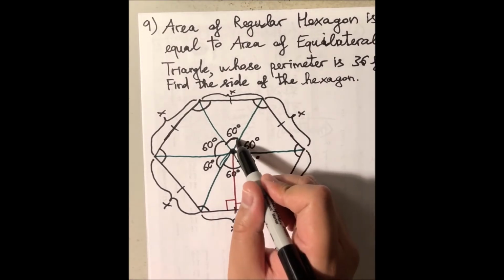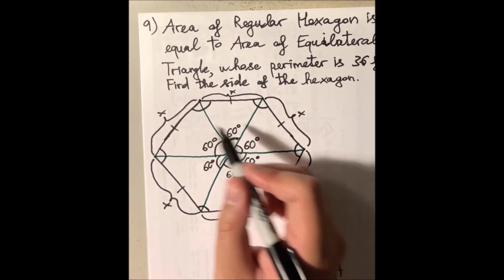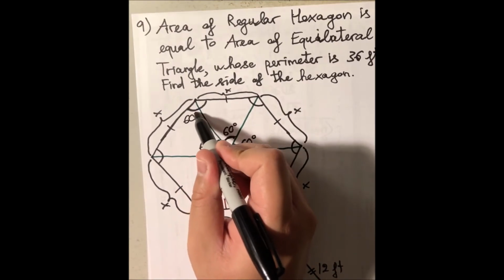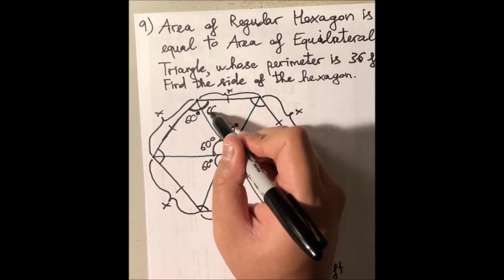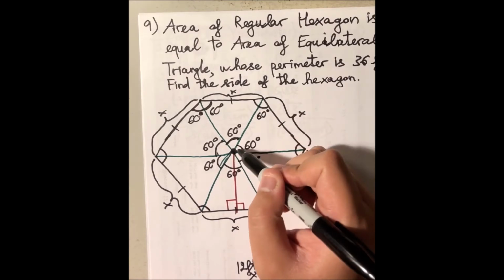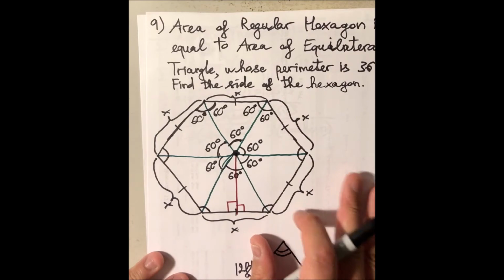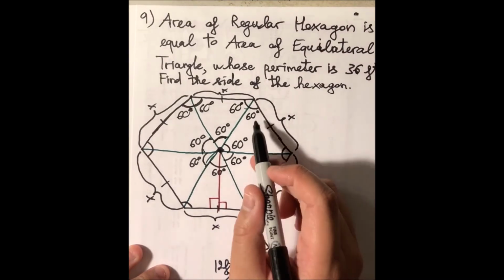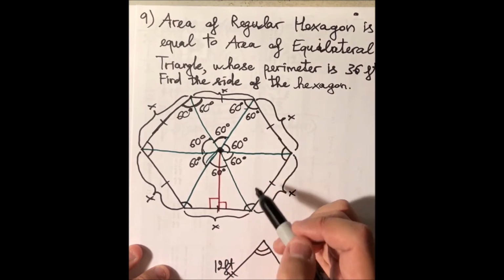Well, by the alternate interior angle theorem, if this angle is 60, then this one is also 60. If this is 60, this one is also 60. If this is 60, this one is 60. And this is 60, this one is 60, like that. And of course, in this triangle, since 2 of the 3 angles are 60 degrees